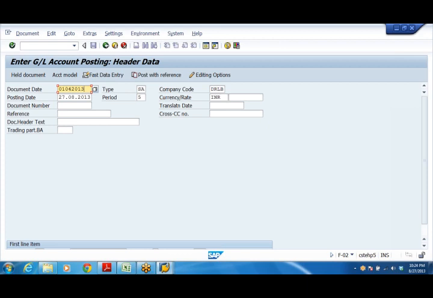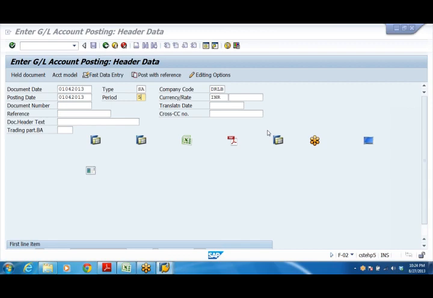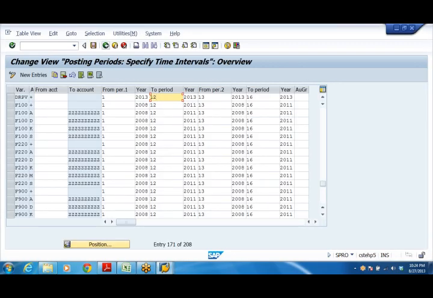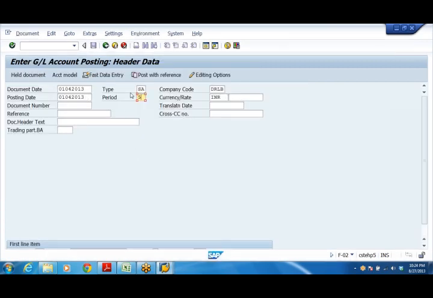So 1st April I want to post an entry. Let me check whether system allows me. SA, everything is same. See, period system will automatically change. So DRPV, I am taking, see, for all periods are kept open. And here period, though it is showing 5, now it will change.